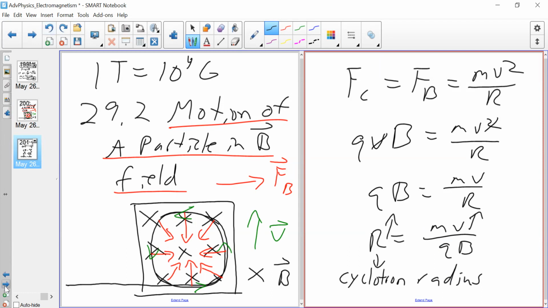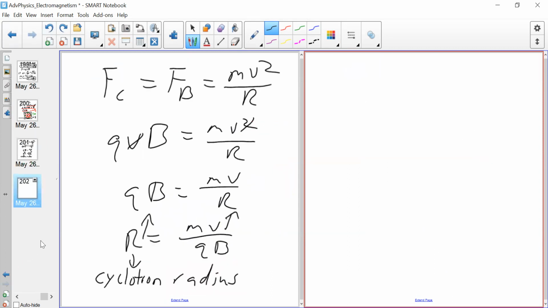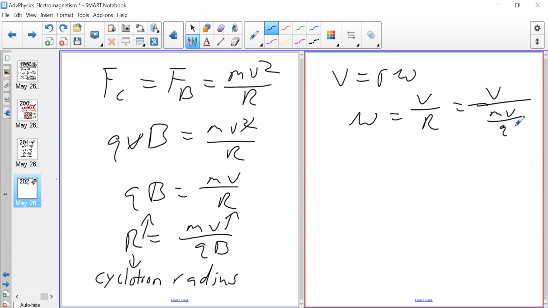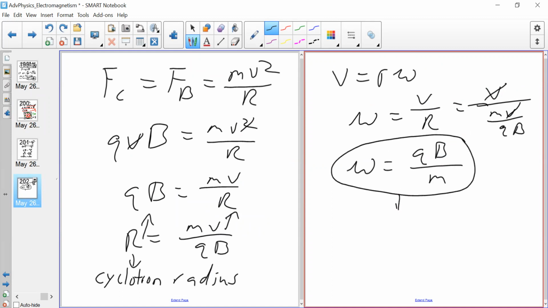And we also know that the tangential velocity of a particle of mass around a circle is equal to r omega. If I want to find the angular frequency, which is v over r, then I know that r is equal to mv over qB. Then my angular frequency of this particle moving in a circle in a magnetic field is qB over m. This is what is known as my